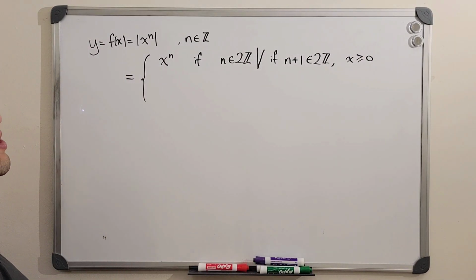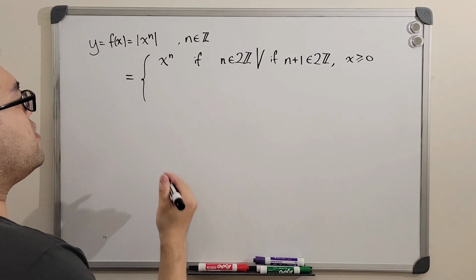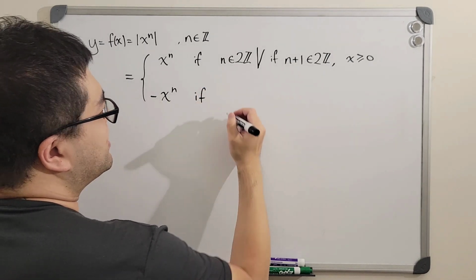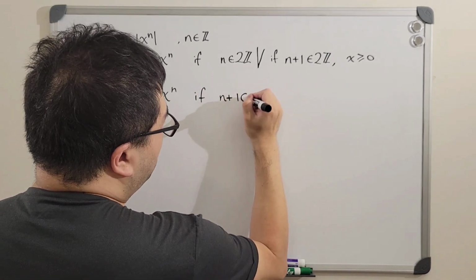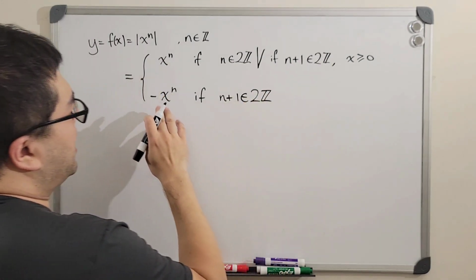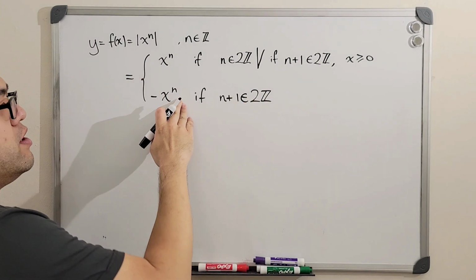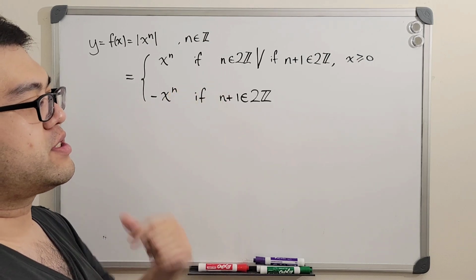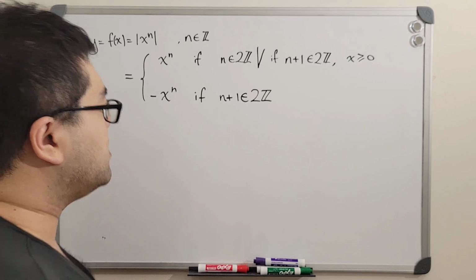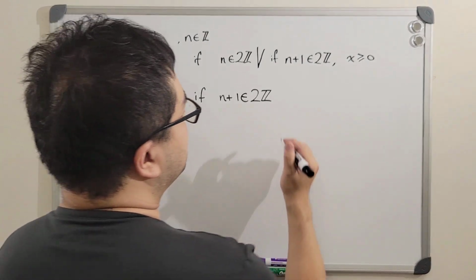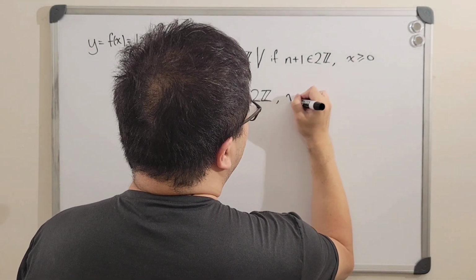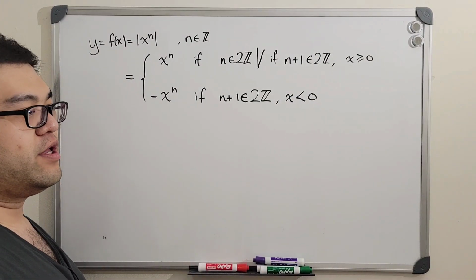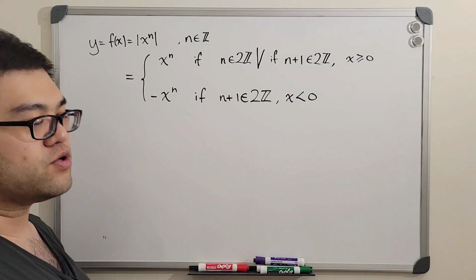And of course, we say it that way because if x is less than 0 and n is an odd number, we have x to the n power, well, x is negative, and x to the odd power is still going to give us a negative value, such that if we take the absolute value,